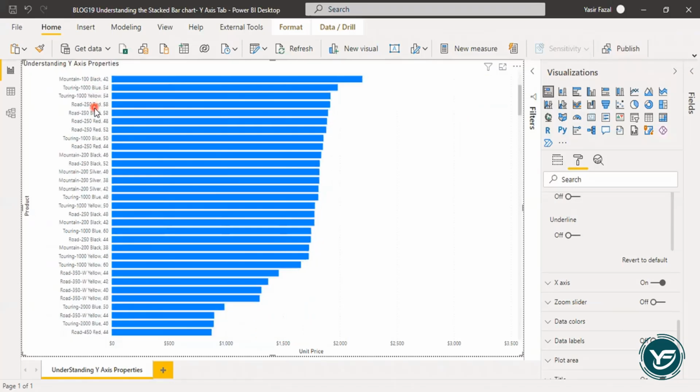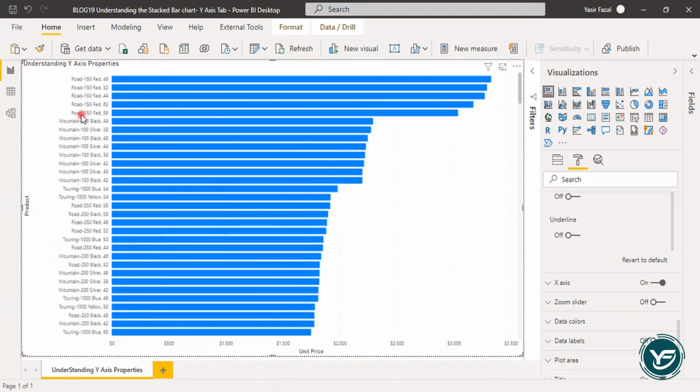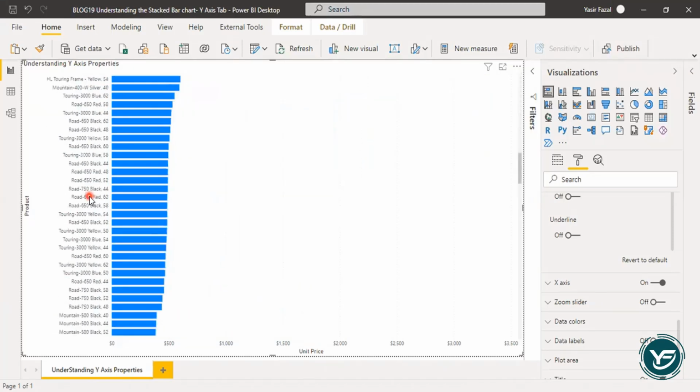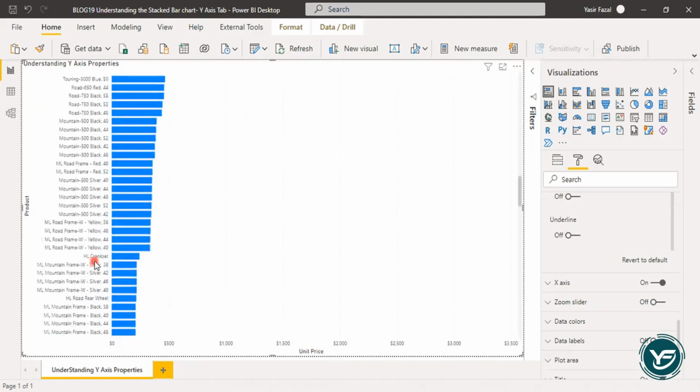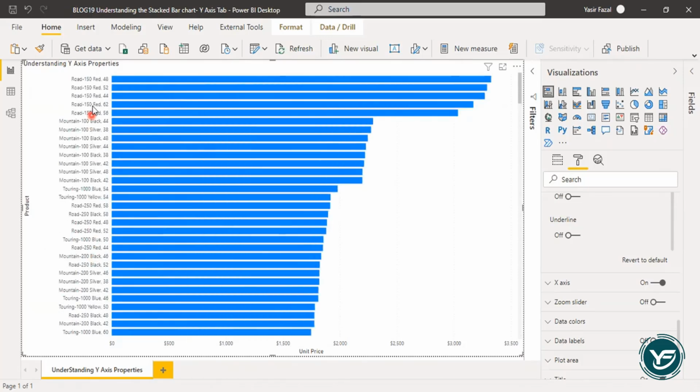So here all the values, starting from Road 150 Red 48 till the end of the visual with the value Mountain Tire Tube, this is basically the y-axis. The vertical information in any chart is the y-axis.